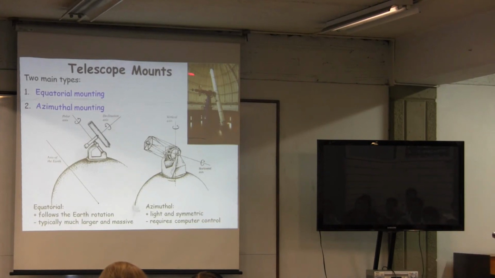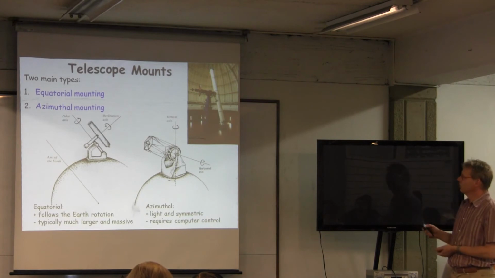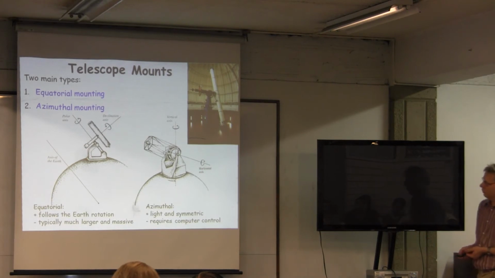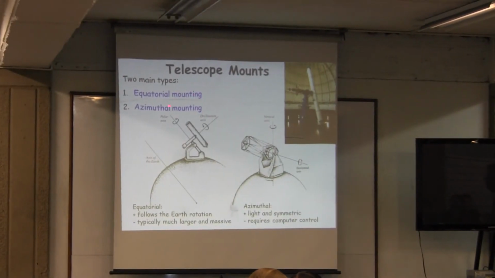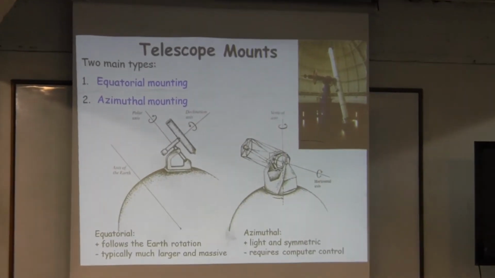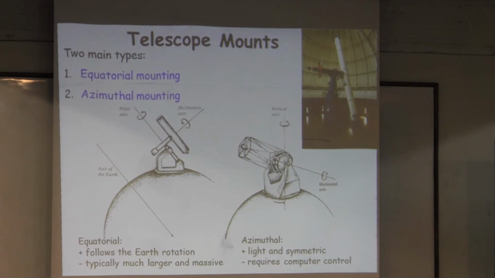So nowadays there are more sophisticated, stable things. You always have a dome around the telescope, but there are two general types of telescope mounts. One is an equatorial mount, one is the azimuthal mount. I think you probably heard this before. The advantage of the equatorial mount is, well, in Ecuador you probably don't care. But in any other latitude,